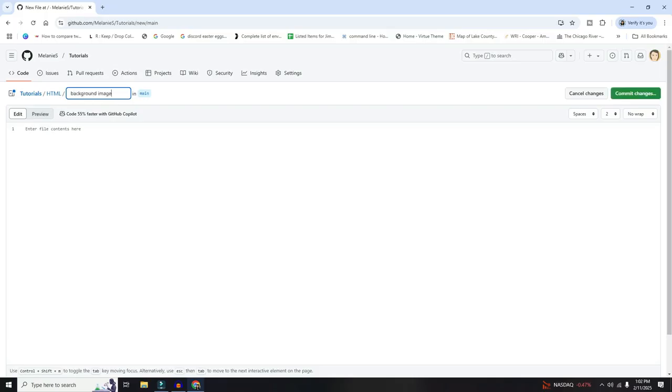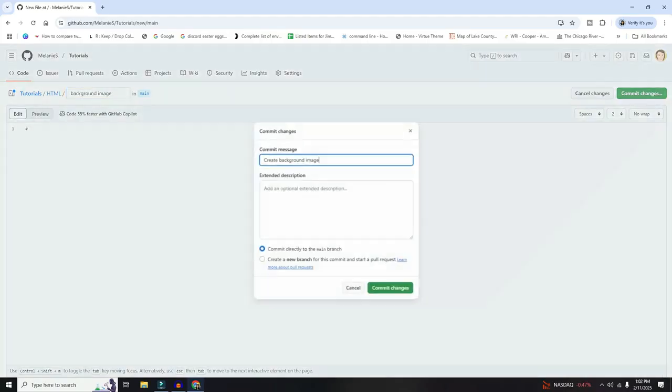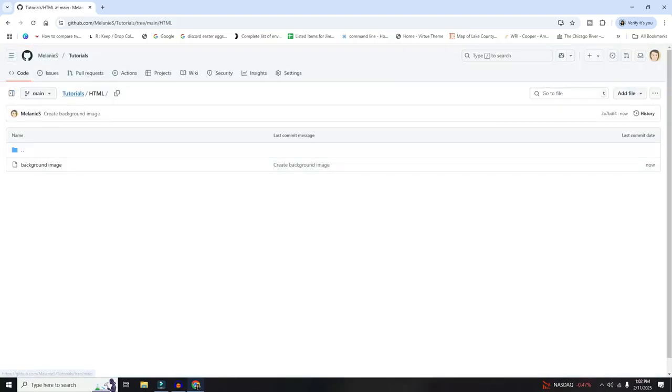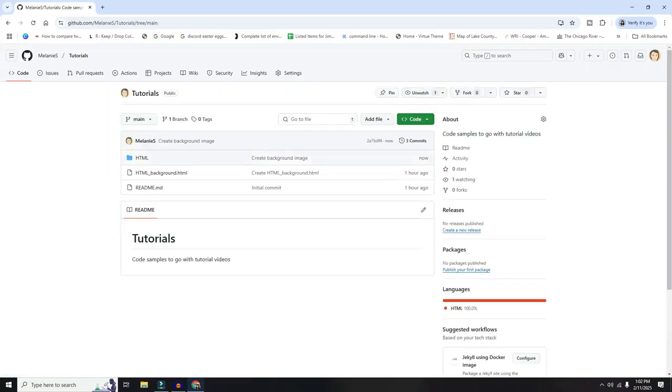Now that I've done that, I can put my file contents here. I'll just put a hash mark just to get it started. And then I will commit changes. I'm going to commit this directly to the main branch because that's where I want it. Hit commit. And now when I go back to my tutorials repository, I can see I have HTML right here,